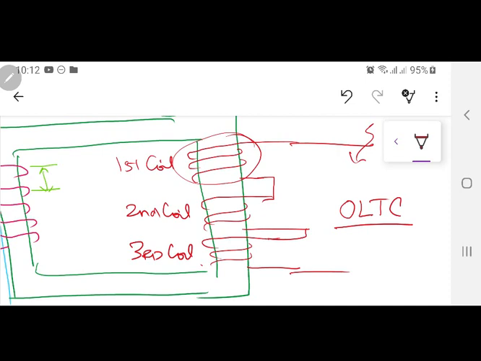And if it is an off load tap changer, then it is a simple tap changer over there. Normally in a distribution transformer, you don't have an online tap changer. Why? Whenever you want to change the tap, the lineman will actually take it off, go onto the transformer over there and then change the taps. But if a transformer is at a grid station, you want to regulate the voltage. Supposedly your grid station is near Shalimar Bagh, and by the time you come to UT the voltage is decreasing because this is the end point of that feeder. So they will increase the tap over there so that you can have a larger voltage.